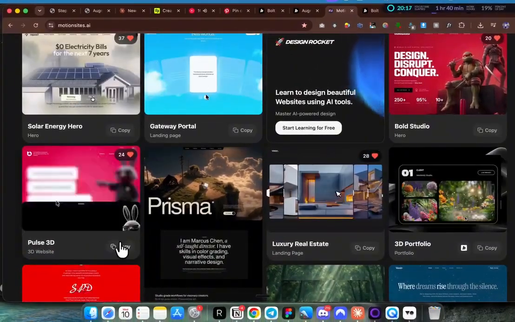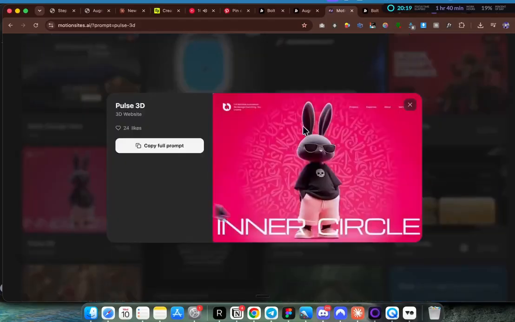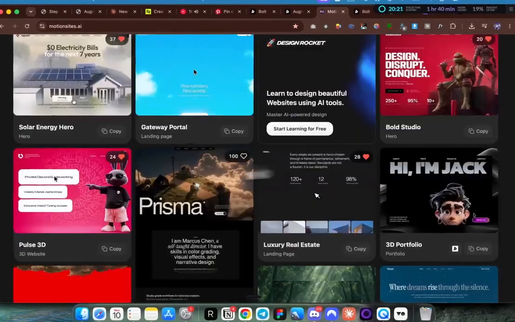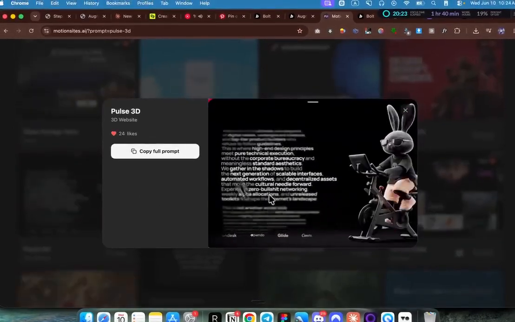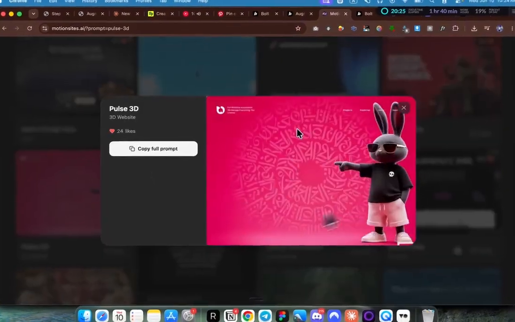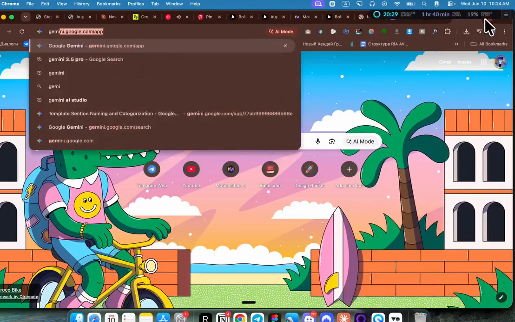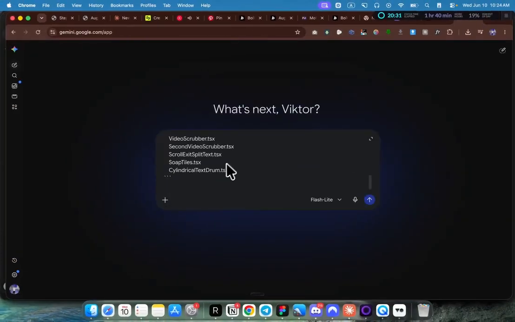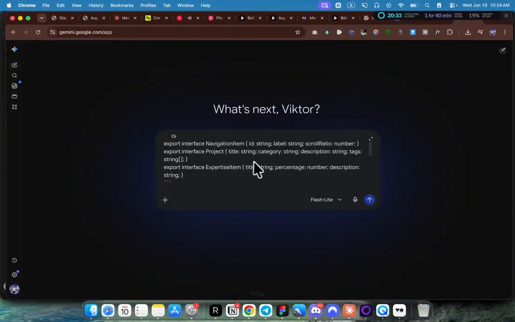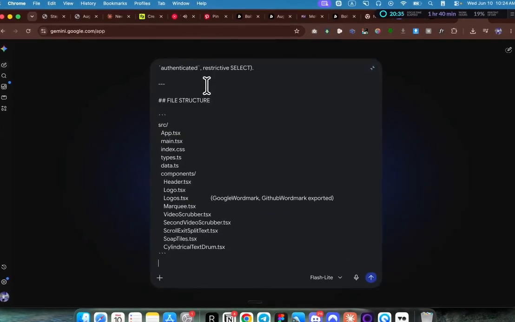Not necessarily the video, because we're going to be doing that. I like this text reveal effect that this hero section has. As you can see, once I open this and scroll down, the text goes down. That's pretty cool, but we need to strip away a lot of stuff. I'm going to paste this whole prompt here, and I'm going to say,